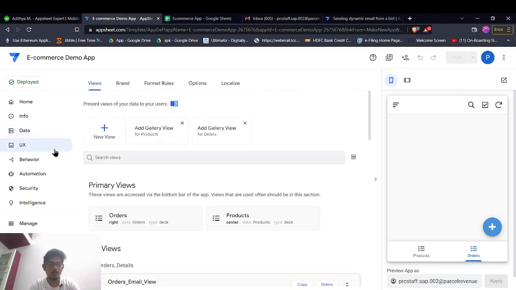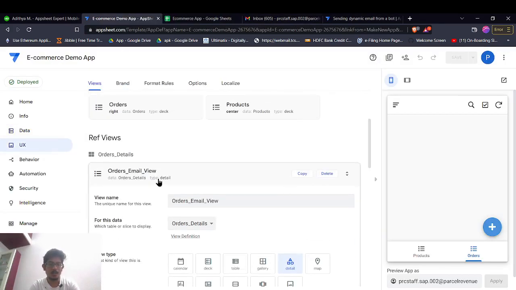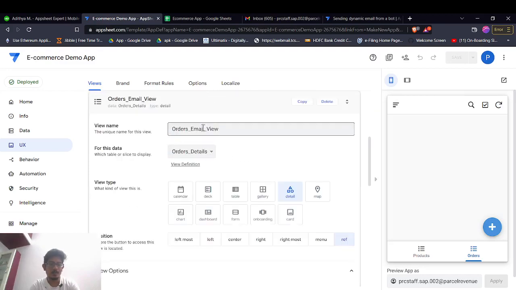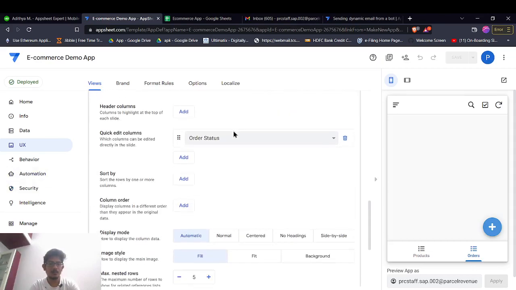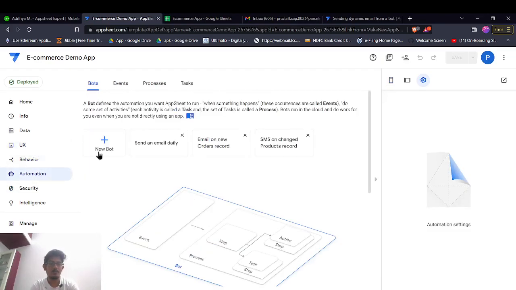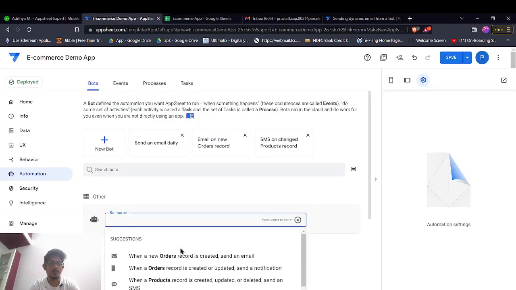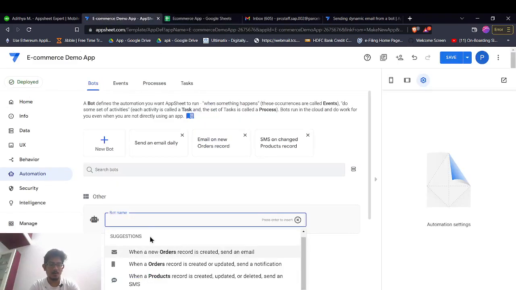Okay, so I hope the UX part and the data is clear, and this orders email view is important because we are going to use this view directly in the automation bot. Okay, so let's create an automation where we are going to send an email if any order comes into this table to this guy, the order from. Okay, so let's create a bot,